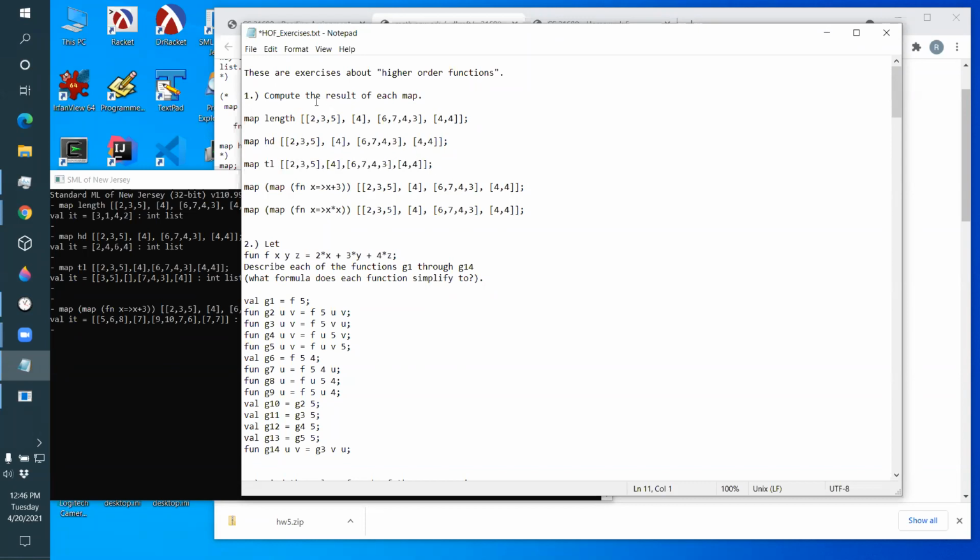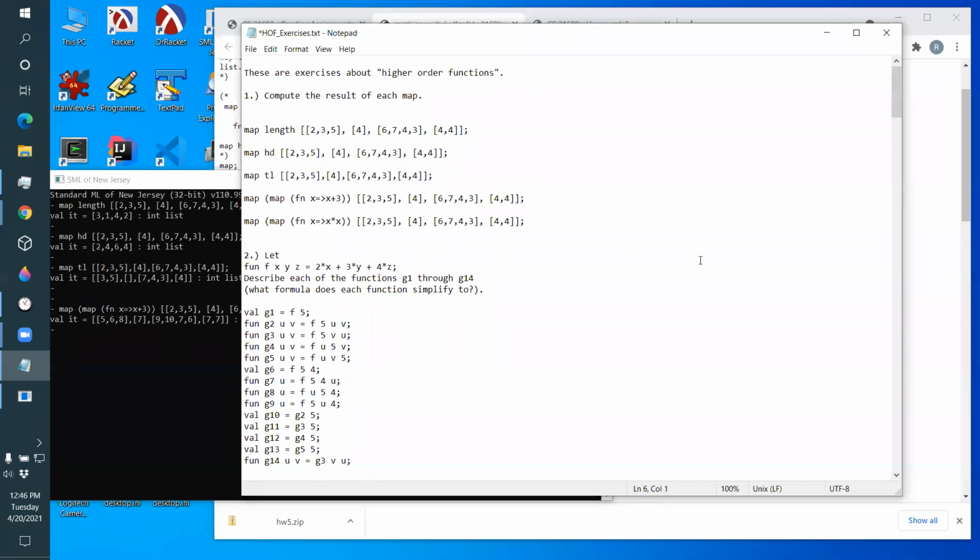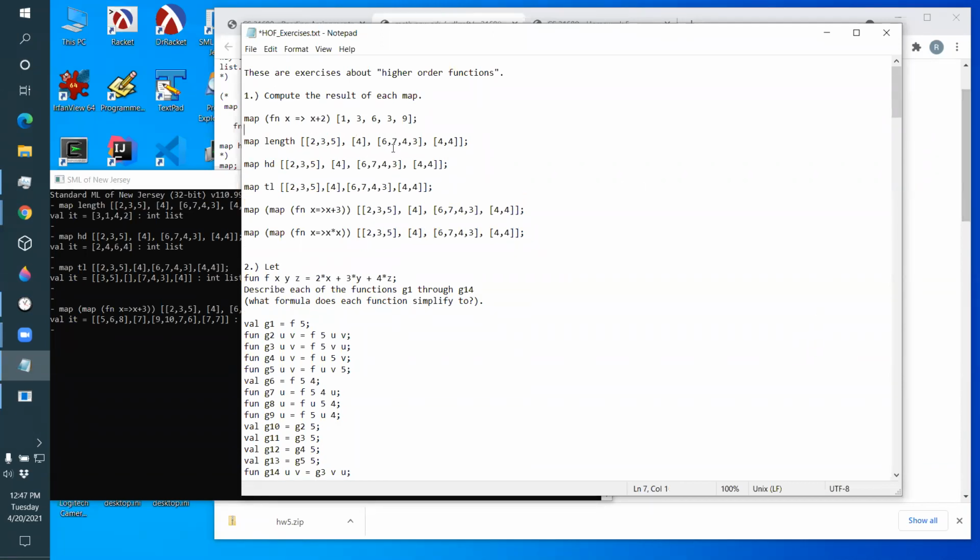Okay. In fact, I can even do a more simple map, because these are already lists of lists. So a real simple map would be like the inner ones that are being done before inside there. So map the function x goes to x plus 2. Map that function on the list 1, 3, 6. Okay. So there's a real simple map. That's the most basic map. Map a function on a list. Okay. So that's the most simple kind of map